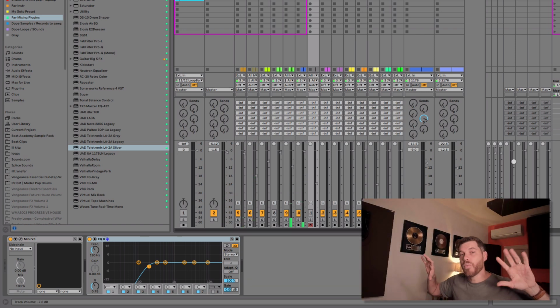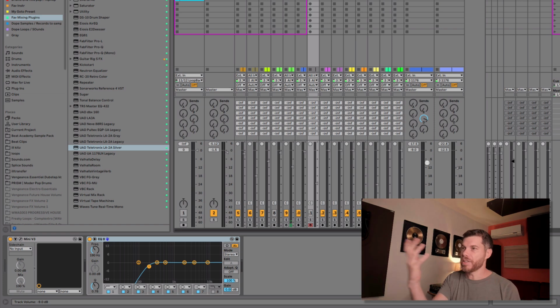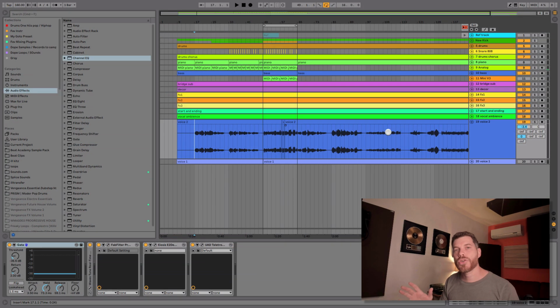So that delay widens really nicely, and maybe even having a really, really short reverb. You can experiment with having a short reverb room, or a delay with a really short time, just to add some of the width to the vocal without actually having to lose the depth that you're getting from that vocal performance. Let's try using that technique for the verses. So we'll use the wide delay for that chorus section, and then we'll use a small tight room reverb